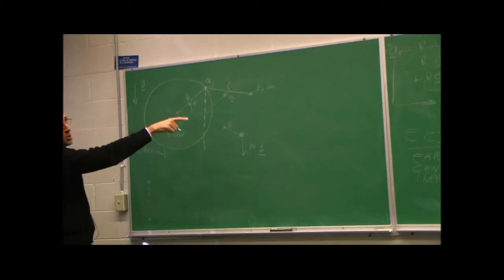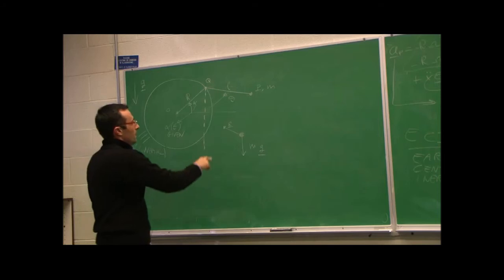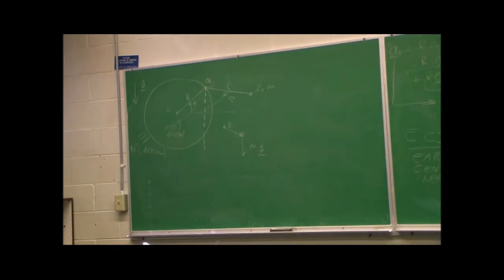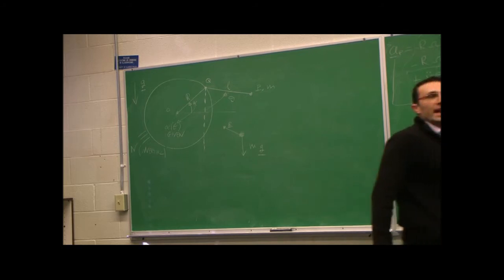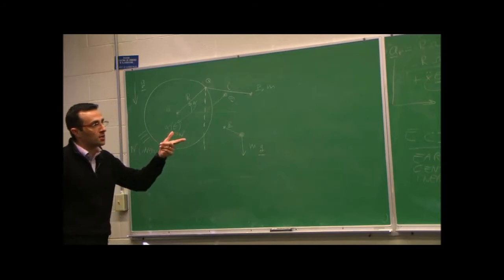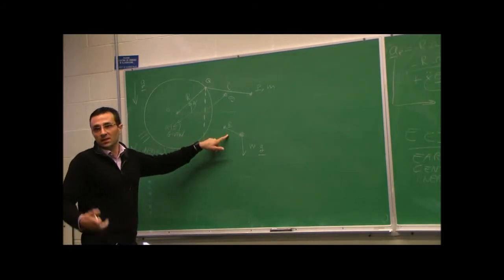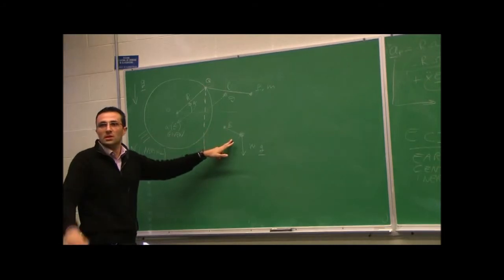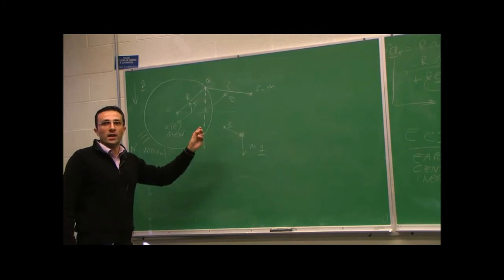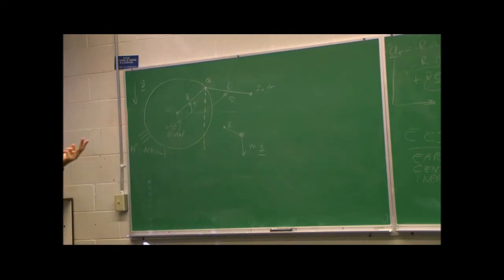Well, since I'm going to choose Q to do my calculations with the angular momentum, what is going to happen is that in this expression in particular, that unknown reaction R is going to vanish. The cross product of Rp minus Rq crossed with big R is going to be 0. That is the beauty of the angular momentum approach: you can usually get rid of unknown forces. So that's why one equation will pop up immediately, and just one,